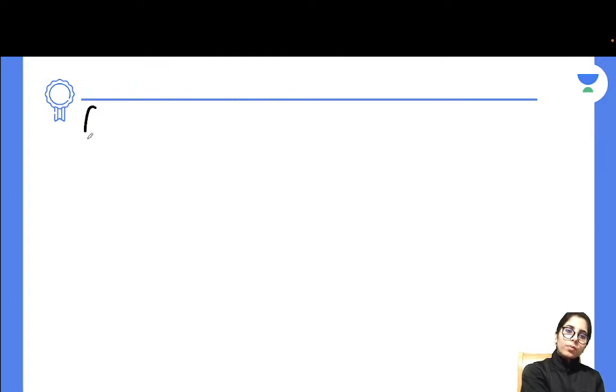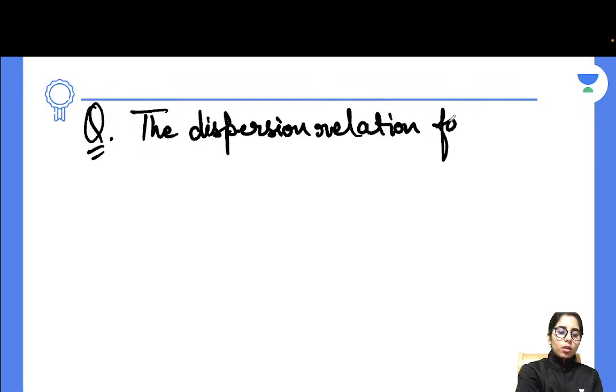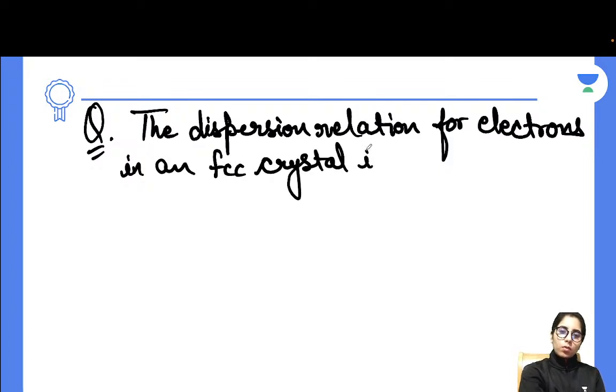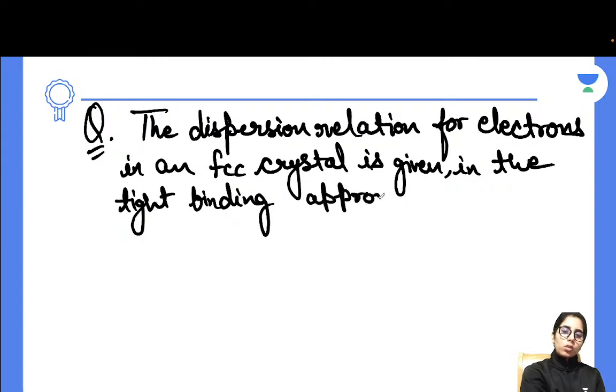Okay, let's take the next one. The dispersion relation for electrons in an FCC crystal is given in the tight binding approximation by